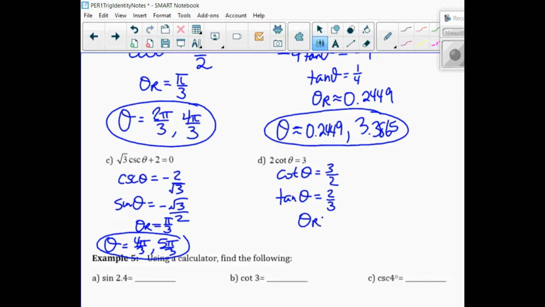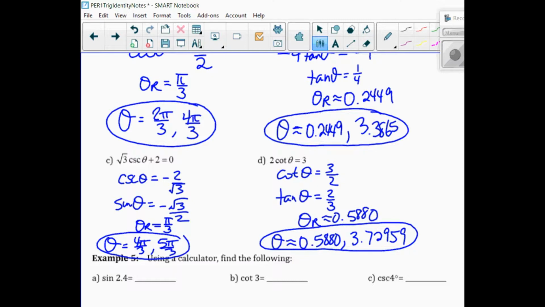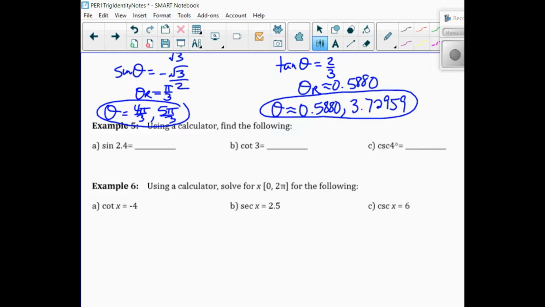And you get 0.5880. And tan is positive, same with cotangent in that first quadrant. And what was the nice little feature about tan? All you have to do is take that answer and add pi to it, and you get your second answer. There we go. Okay, so now just to understand a little bit about the calculator functions, especially with reciprocal functions,